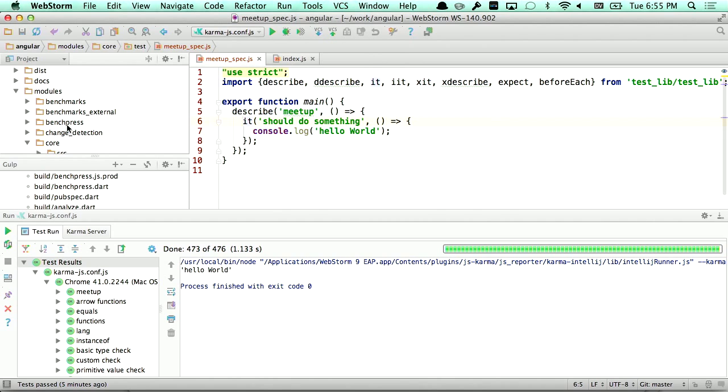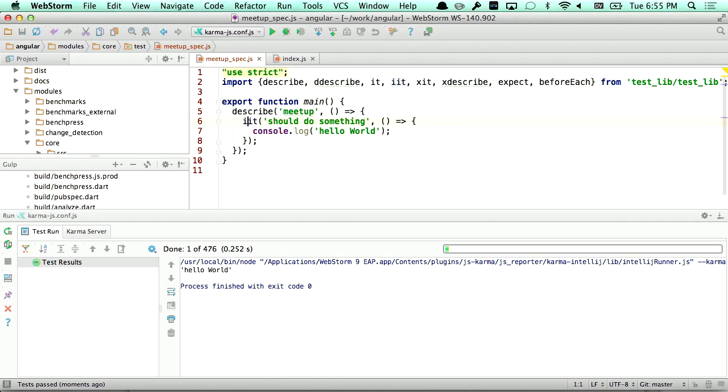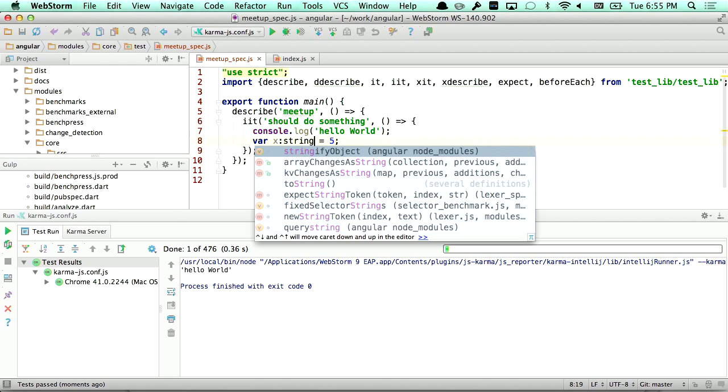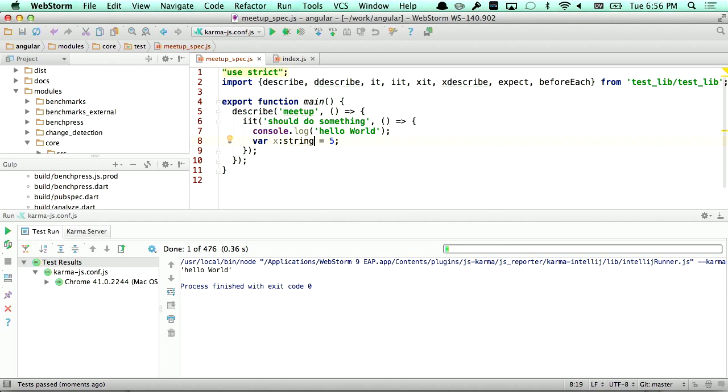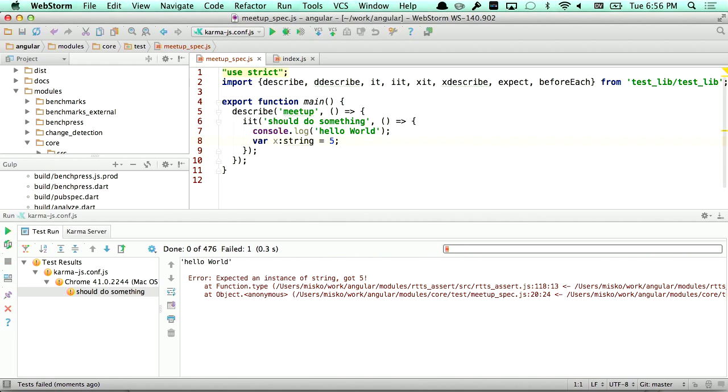So here we have something very simple. Okay, my hello world's running. Here's my hello world, and we could do something fun in here. We can declare a variable x equals 5, something we could do in JavaScript, right? Nothing really exciting about that. But let's do something that TypeScript allows, and we give it a type. Then when we execute this, it says, hey, wait a minute, I was expecting a string, got a 5. And the thing about this is that it is runtime type checked.